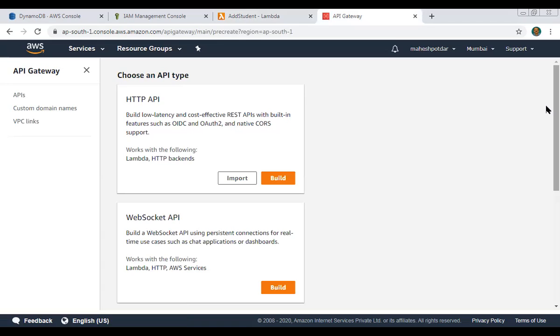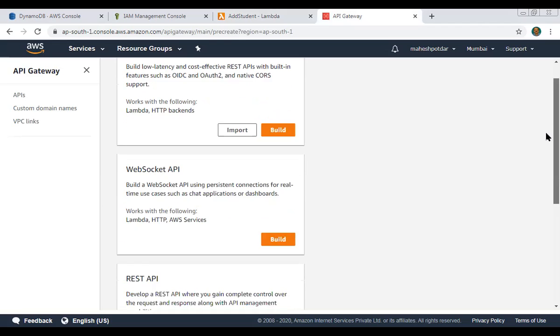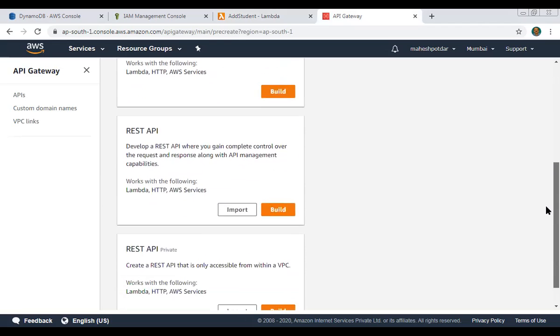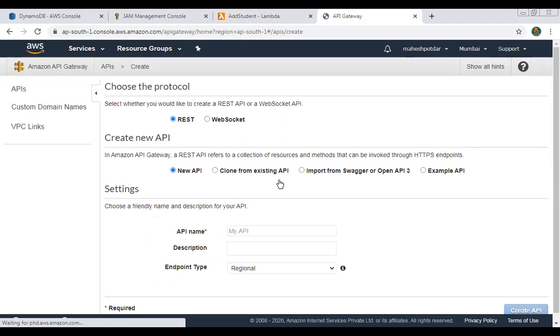There are different types of API support provided by Amazon: HTTP API, WebSocket API, REST API, and REST API private. I'm interested in developing a REST API, so just click on REST API, click on build. So we build the REST API using API gateway, creating the API with the help of the REST protocol.